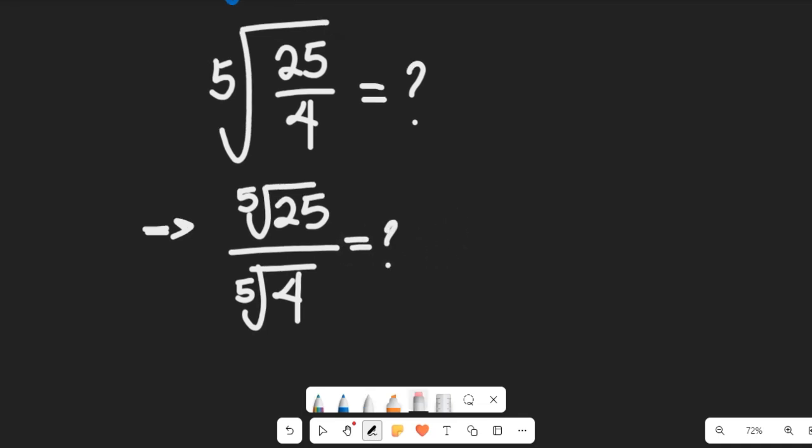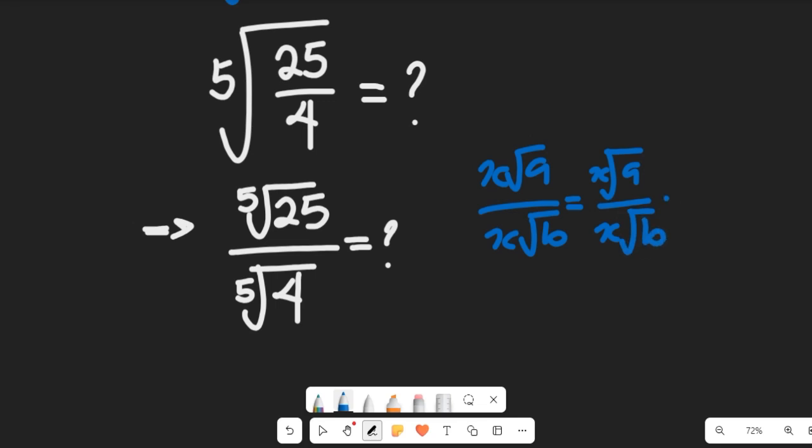I want you to recall a law of indices. If I'm given the x root of a divided by the x root of b, this can be equal to the x root of a divided by the x root of b,